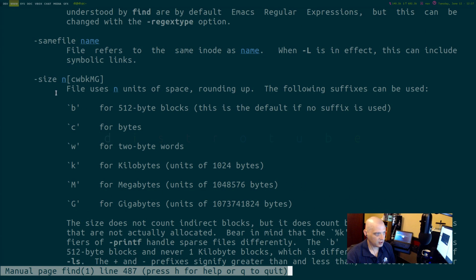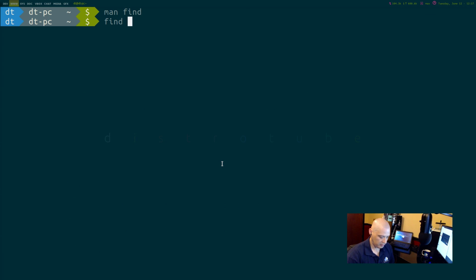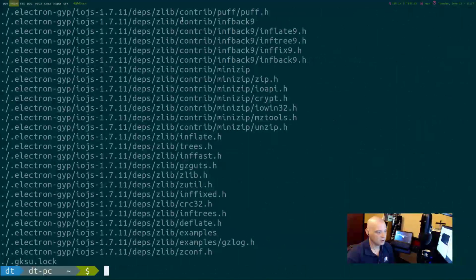Okay, you can search by size. You can give it the size flag, size in bytes, kilobytes, megabytes, gigabytes. So if I quit, find size, give it the size flag, and then everything that is smaller than 5 megabytes on the system. 5 capital M. Now I gave it minus 5M, that's smaller than 5 megabytes. I could do plus 5M for everything bigger than 5 megabytes. This is going to be a gigantic list either way.